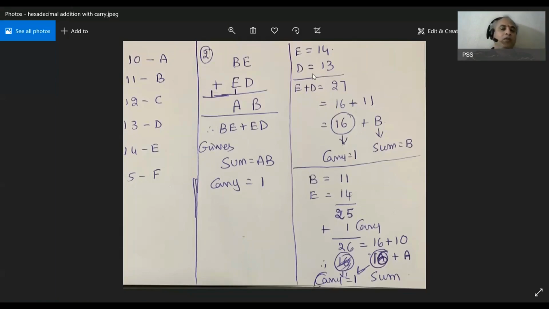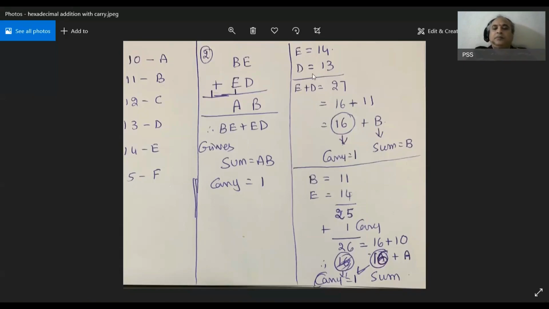When you add this to the carry 1, the total is 26, and again this 26 could be written as 16 plus 10, and this 10 has an equivalent value of capital A. So finally when you add B with E along with the carry 1, you have the sum as capital A and the carry as 1.